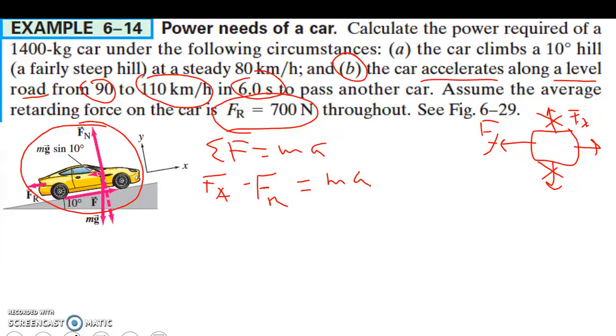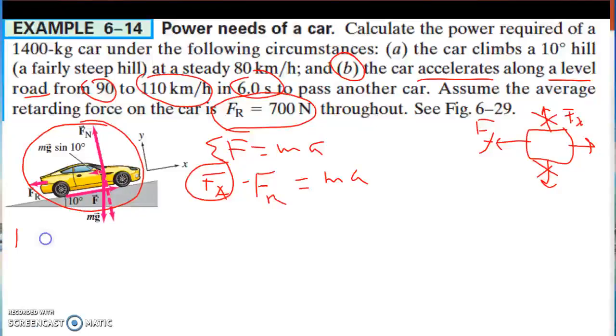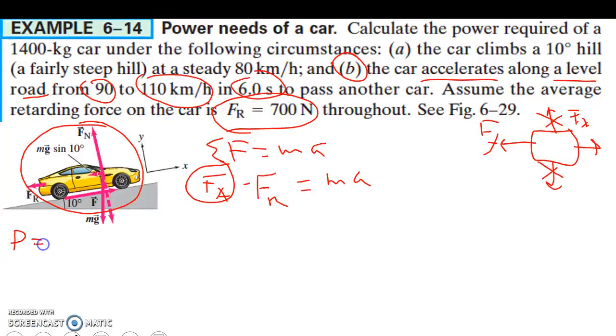All right. So we know the retarding force. We're trying to find this force, so we can go and use this equation because we know the velocity. But now we have to find our acceleration. Acceleration is change in velocity over change in time. We know that, right? The key is you got to take your kilometers per hour and convert it to meters per second. So it's going to be